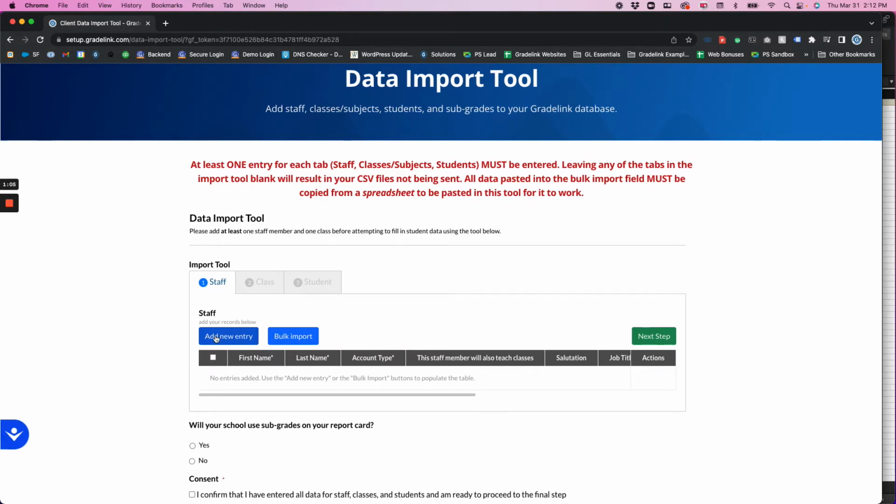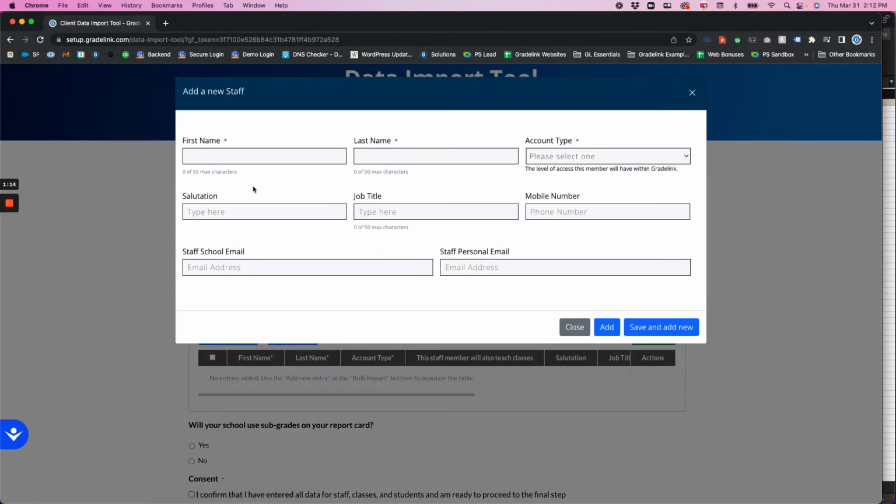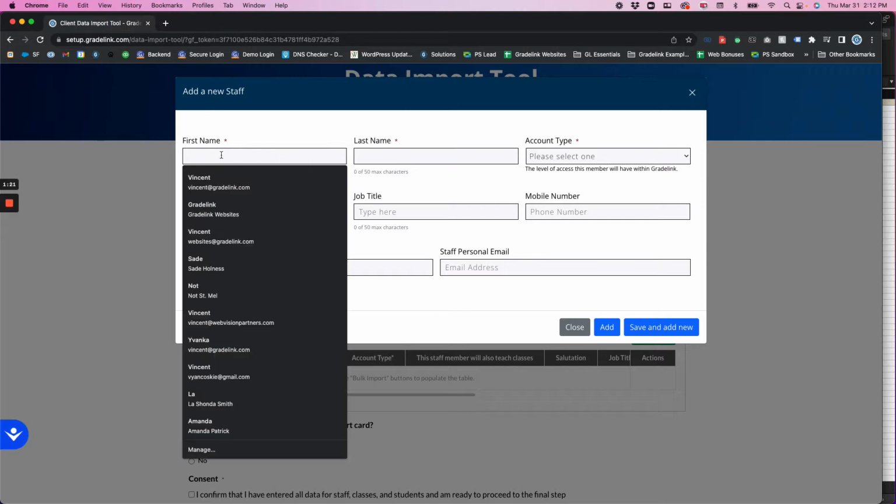You have two options to enter data. The first option is to manually click on Add New Entry and then enter the data manually by typing in and filling out these fields. For example,